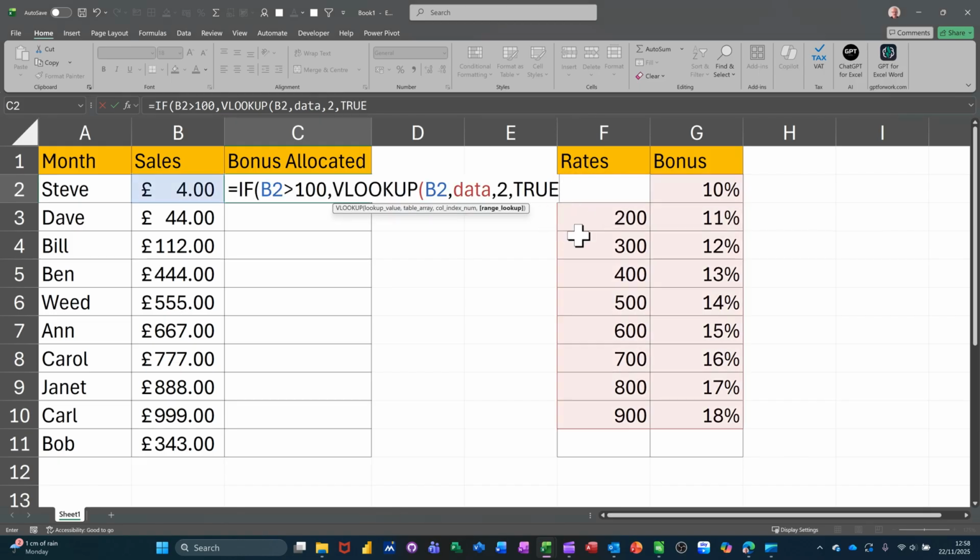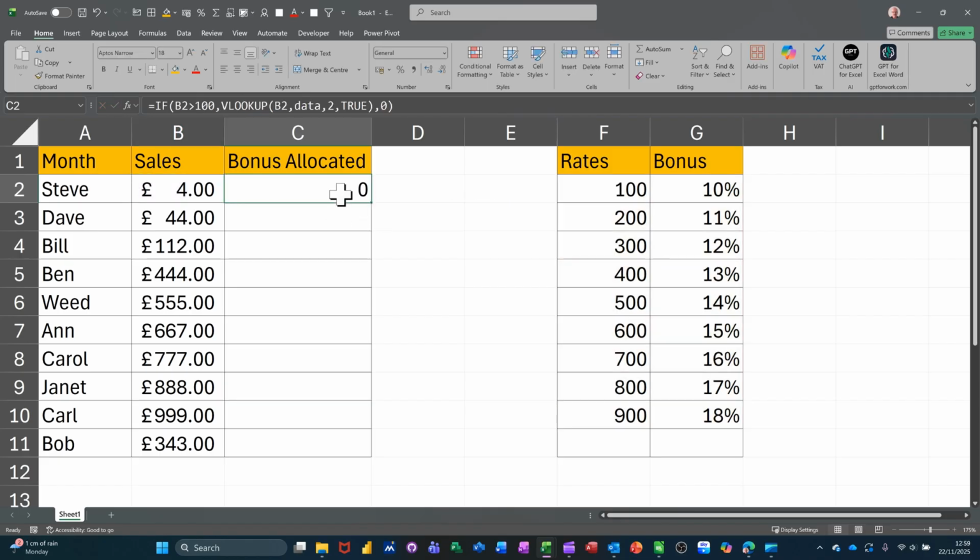Close the bracket. Now you need to do a comma for the if. So that's what's going to happen if it's true, if it's greater than 100. If it's false, I don't want them to get a bonus, so it's 0. And then I need to close the bracket on the if. Then I'm going to tick that. This guy gets nothing. If I pull it down though,